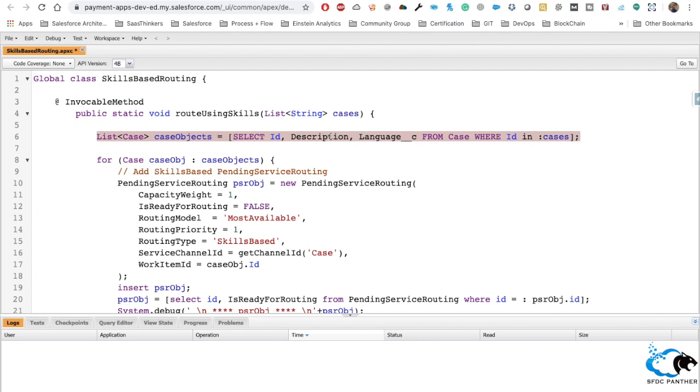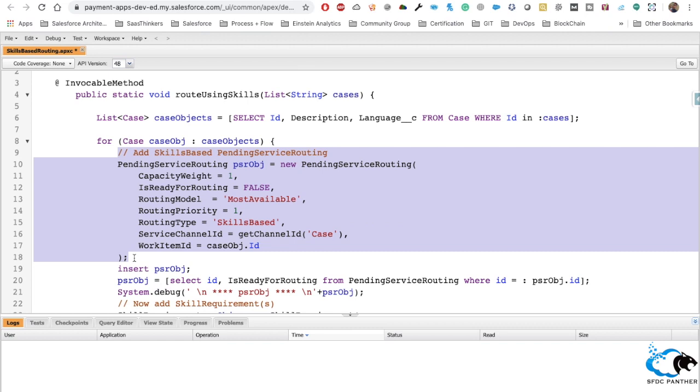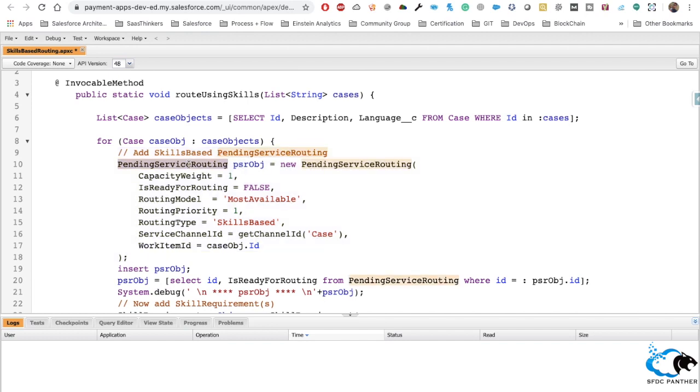So that's what this line is doing, just querying the case information. We are just getting the language, ID and description, for the cases whose IDs we are getting from the process builder. And then the first step is to create a pending service routing. This is the mandatory step that we need to do. This object is preparing an item for us that should be routed to the best suitable agent.